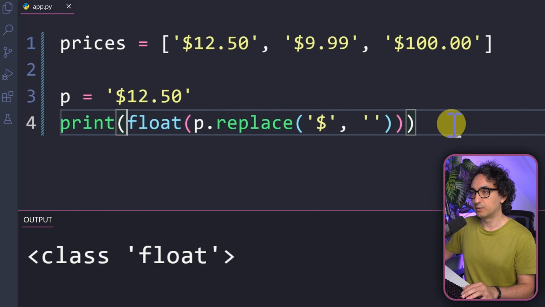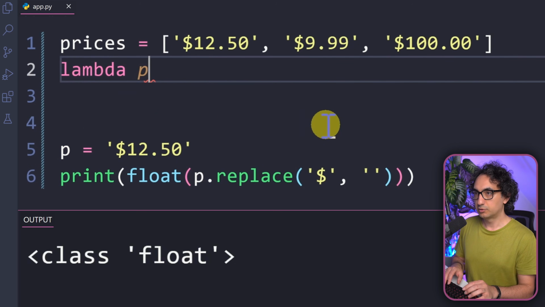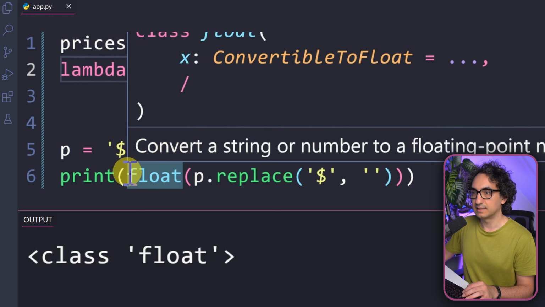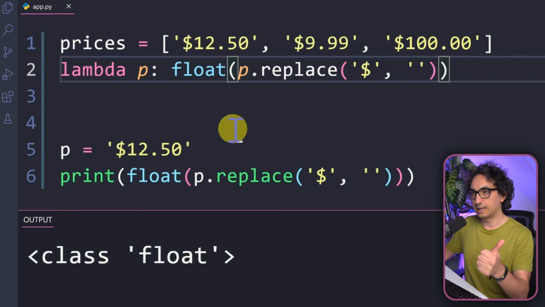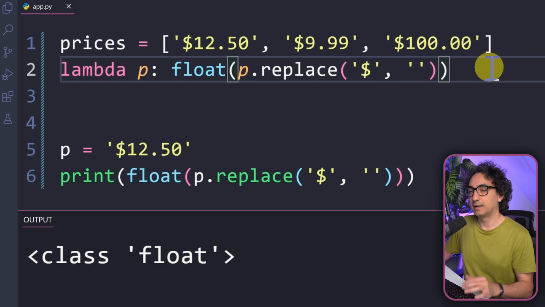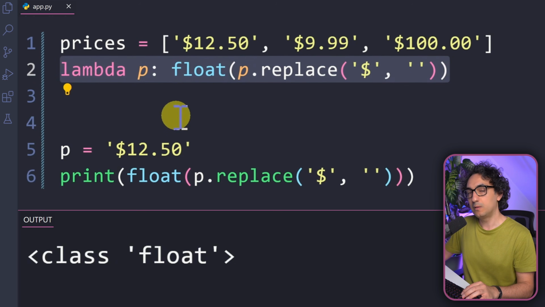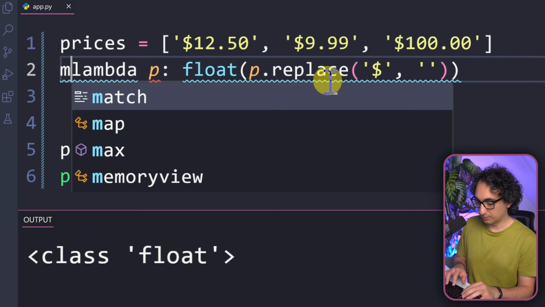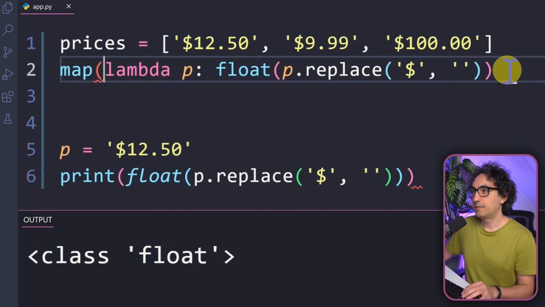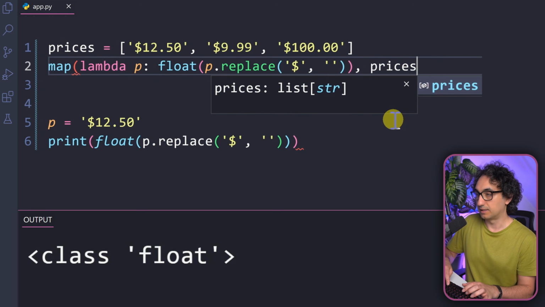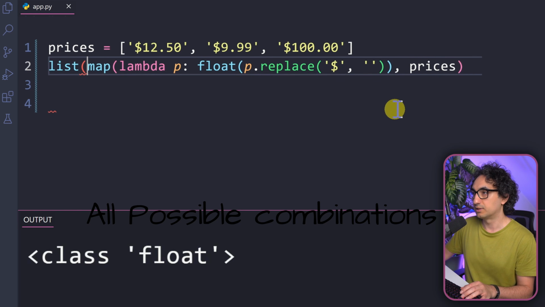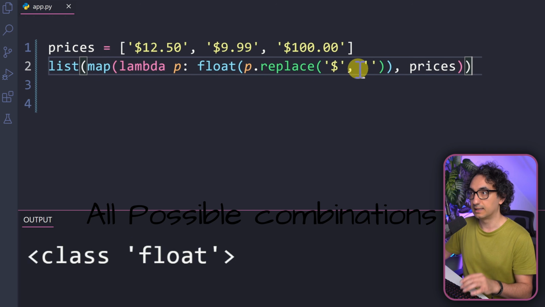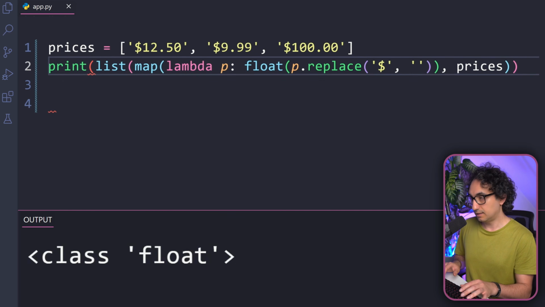So I have the formula, and now I have to put it in a lambda. The input is going to be only one price, so for example, lambda p, colon. What we're going to do with the prices is this whole transformation. I'm just going to copy and paste it over here. So now I know the input, and I know what can happen with my input. The next step is to apply the whole thing to our list. In order to do the transformations, we're going to use the map function, and then we're going to pass it our list, the prices. Let me get rid of this, and of course the output of this is going to be an iterator. That's why you have to change the data type to a list in order to see the values. And the last thing, of course, I would like to see the output.